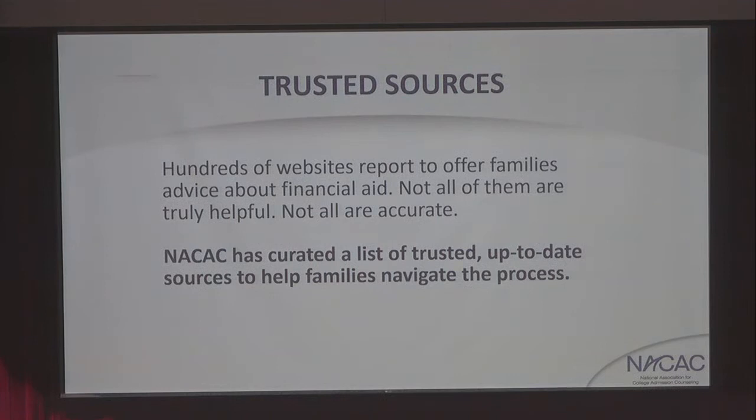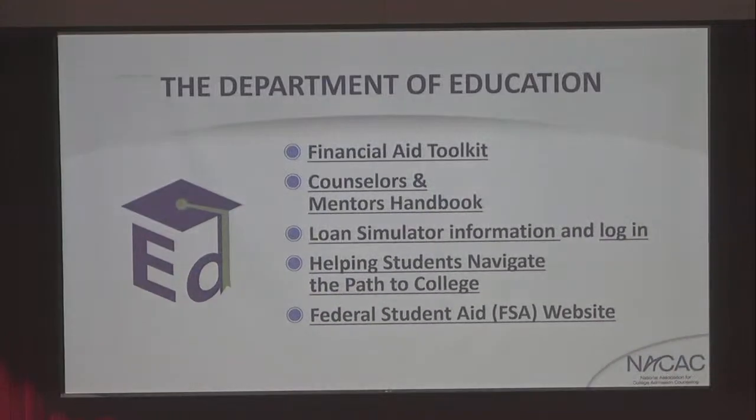There is a ton of information also out there, some good, some not so good. I always tell folks to make sure that you're checking in with trusted resources. Start with the institutions you're applying to, start with your high school, be able to connect with those resources first, and they'll be able to typically give you some pretty good resources to check in as you're going through the financial aid process. NACAC, which is the Association for Collegiate Admission Counseling, they have their own kind of section for financial